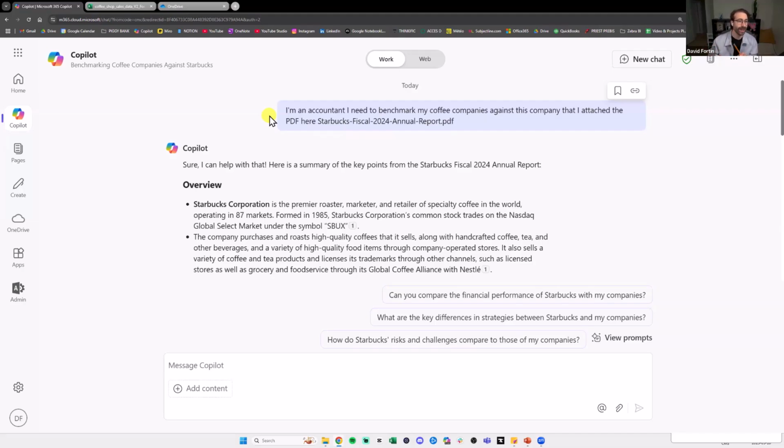And this PDF was, by the way, 100 pages long. It's not perfect. Sometimes it gets things wrong. So please make sure you double check, but pretty handy. Okay, so that was two things you can do with Copilot: the email and then the PDF analysis. And another thing I want to